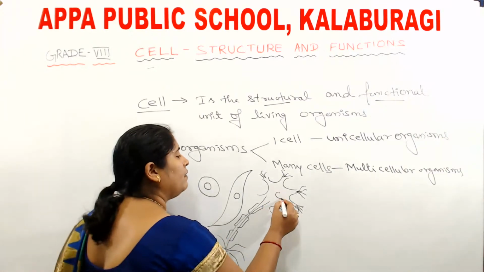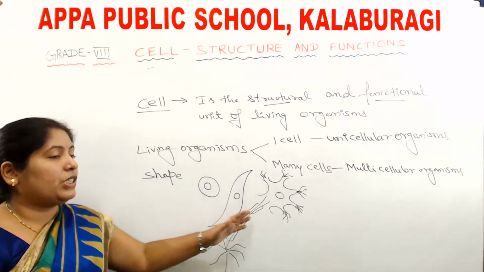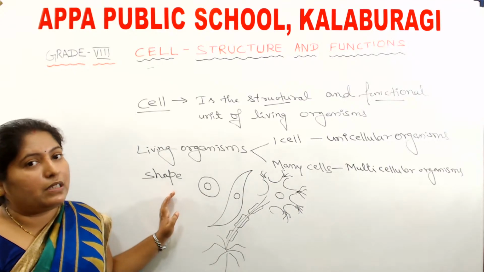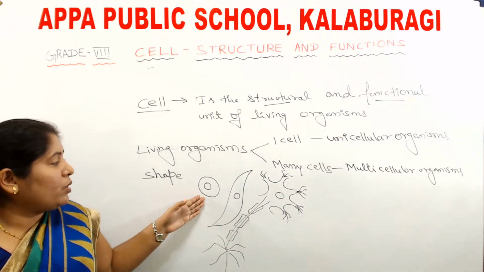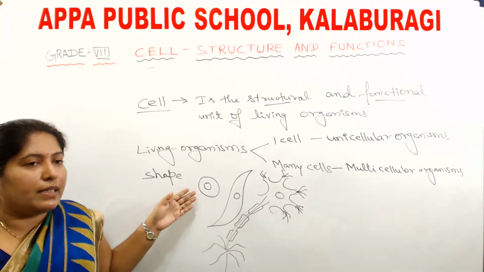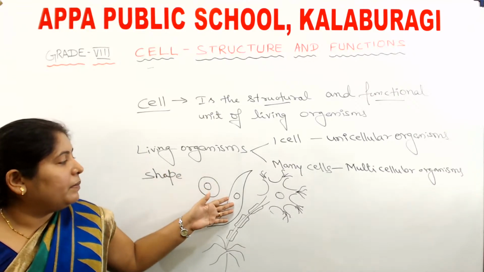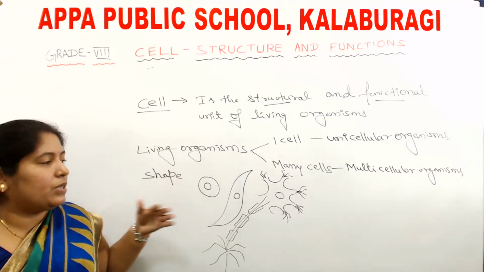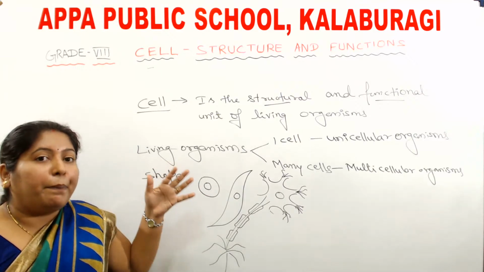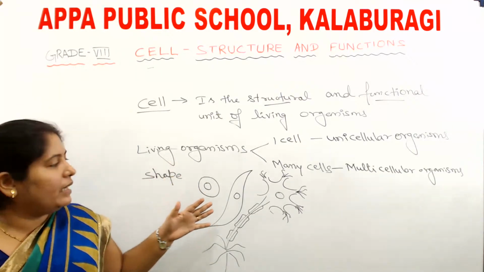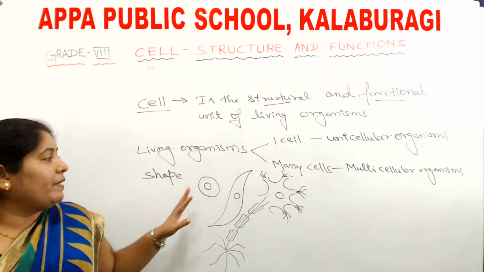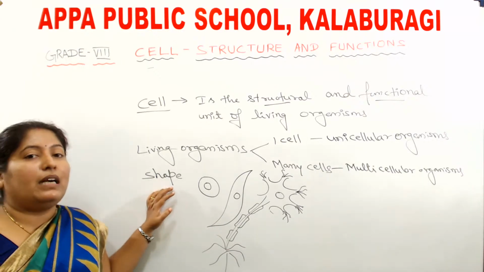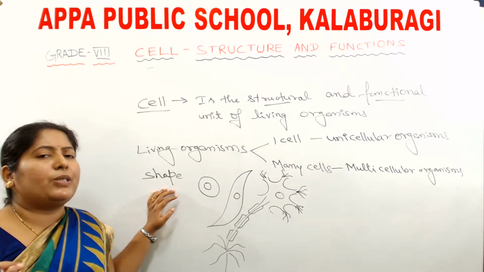This is the nerve cell with the nucleus in it. The shape of this nerve cell is also different, completely branched cell it is, right? Discoidal shaped cells are there in our body, such as RBC. Spindle shaped cells are there in our body, such as muscle cells. Completely branched cells are there in our body called nerve cells, right? So we cannot say that all the cells are having a similar shape. Different shapes,